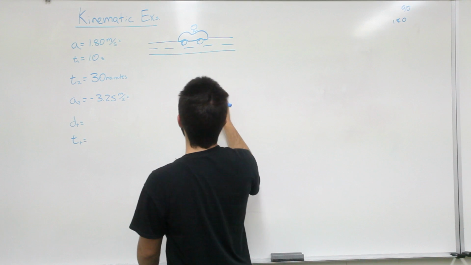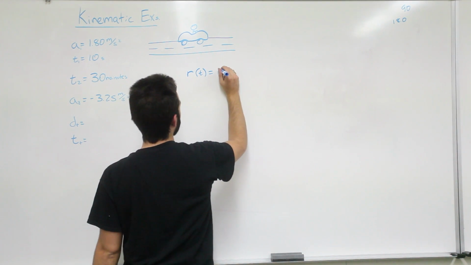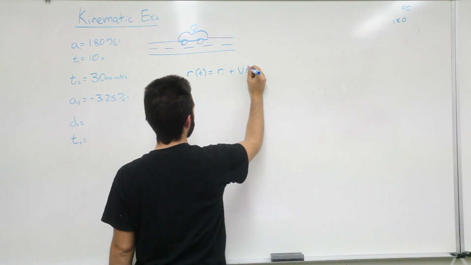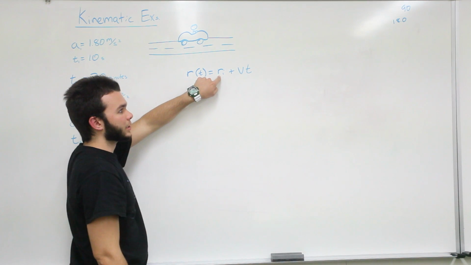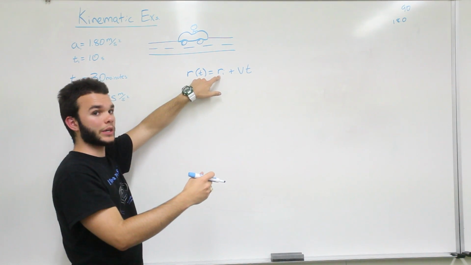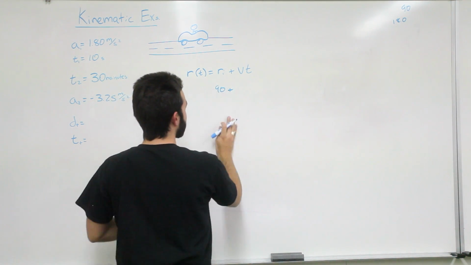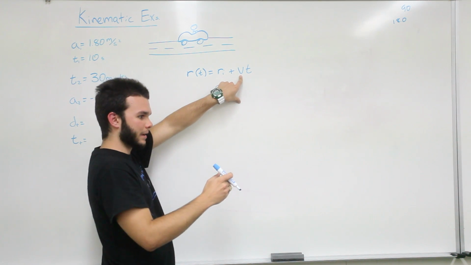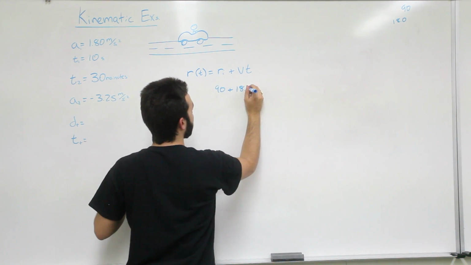So r at some time equals initial r plus vt. Our initial r is going to be the 90 meters, because that is the distance that we traveled during our acceleration, plus the velocity at those 30 minutes, which is 18.0,